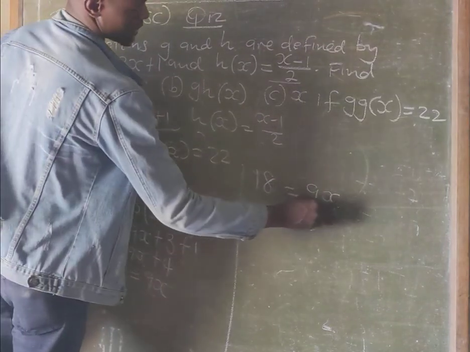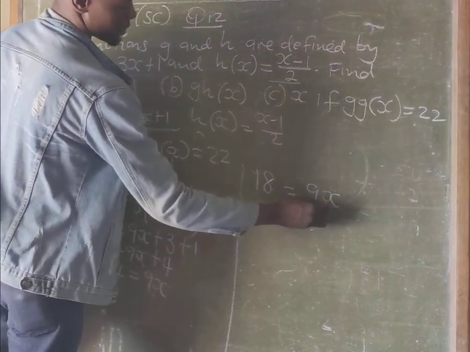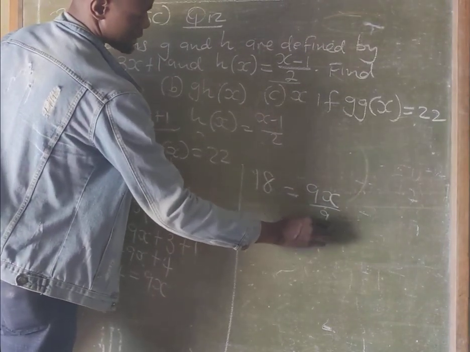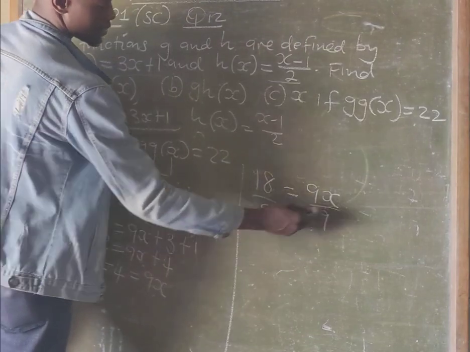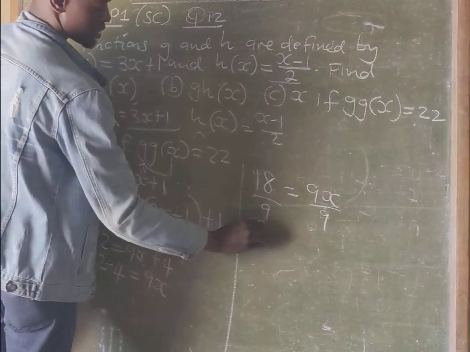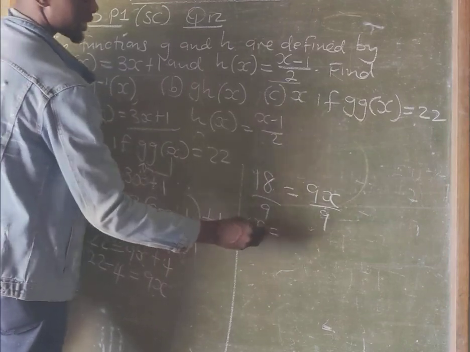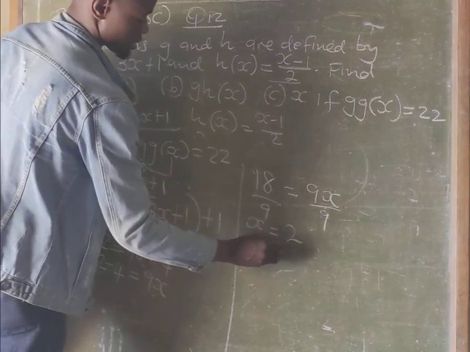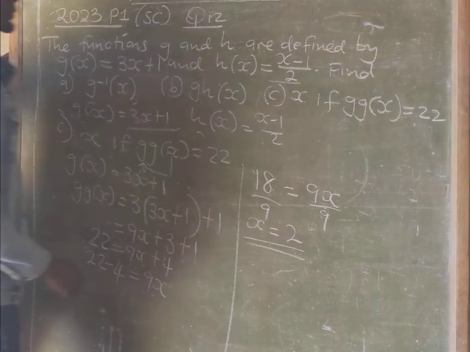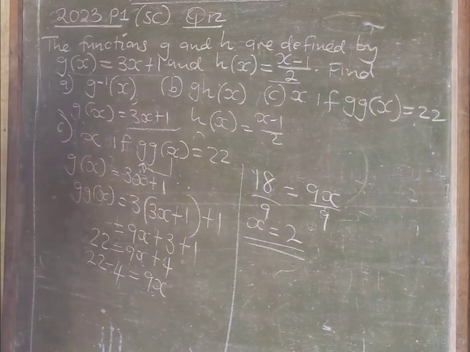So now in this case we have to find the value of x, we divide both sides by 9. Then here 9, so 9 will cancel. You remain with the x. The 9 into 18, that is 2. So meaning the value of x is equal to